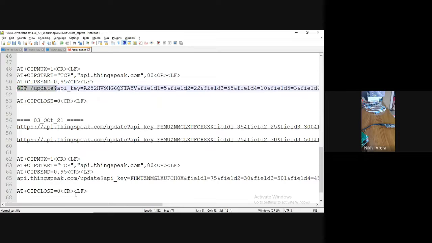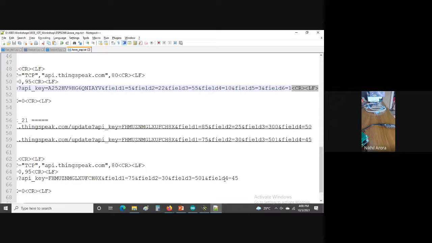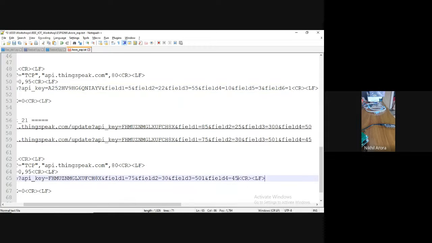These two are the commands using which we are sending the data to the website. GET command and PUT command are the commands to send data to any website, TCP/IP website. Now at the end we need CRLF also. Every command should end with CRLF.